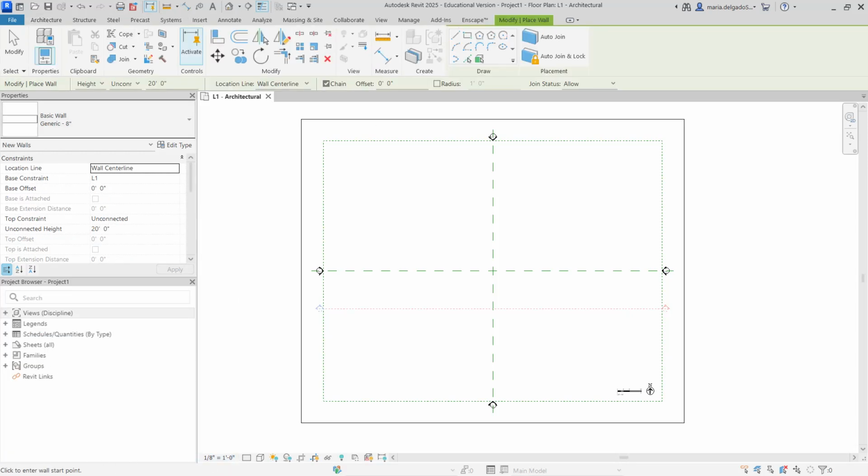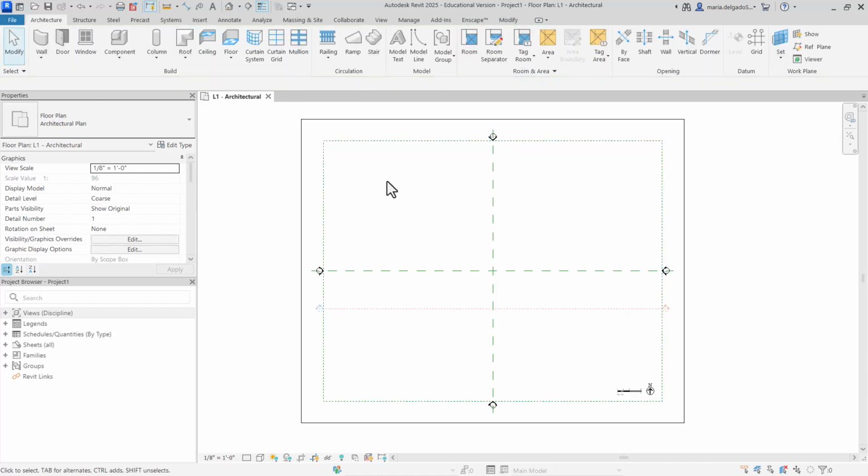Additionally, down here at the bottom, we have something called the status bar. To the bottom left of our interface, the status bar will always tell us essentially the next step. If I hit escape out of everything, so I know that I have no open commands, the status bar is telling me click to start, tab for alternatives, control for adds, or shift for unselects.